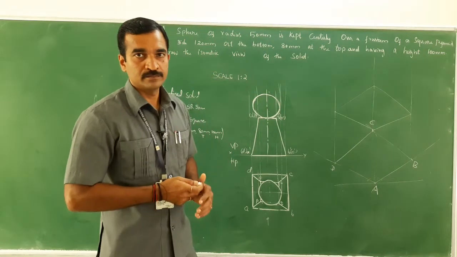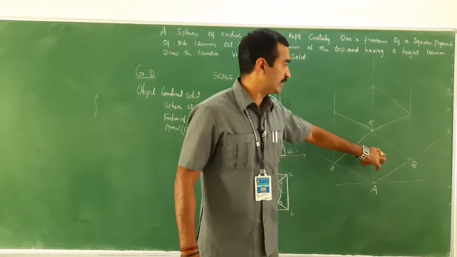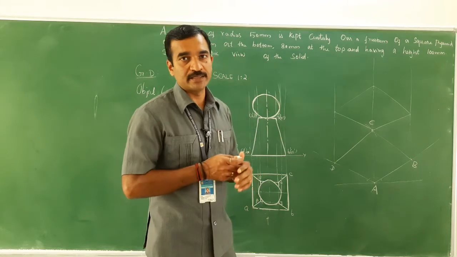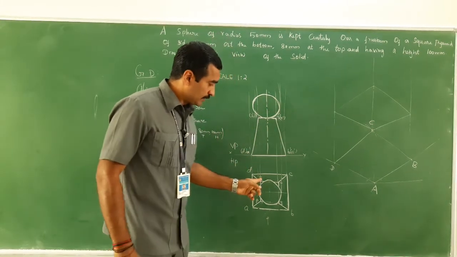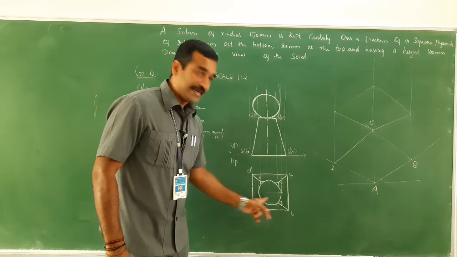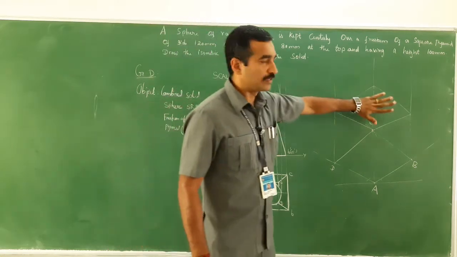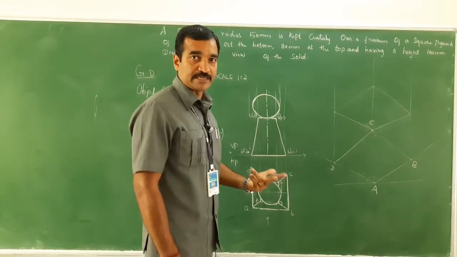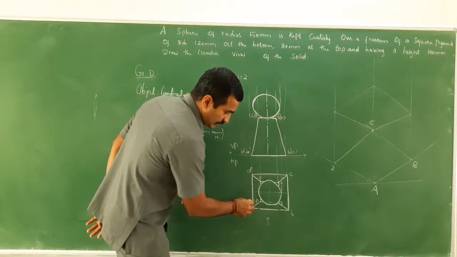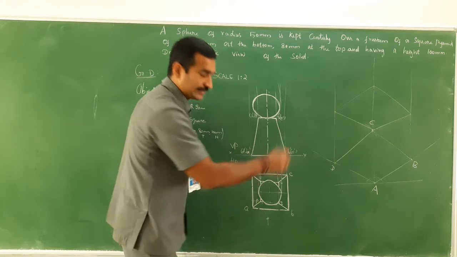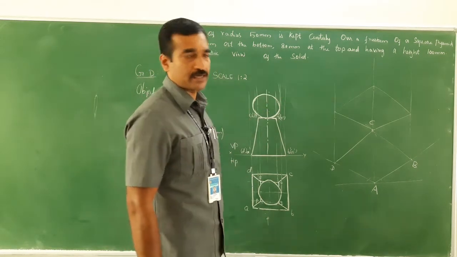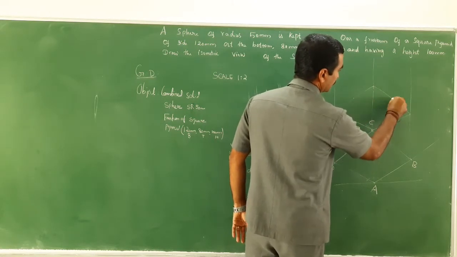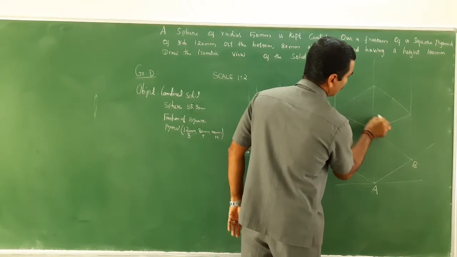Clear? So, now the box has been constructed, the base and the top. There is a bottom base and the top base has been constructed. Now look at here. The square of 80 mm should come here. How is that possible? A couple of methods can be followed. You can extend here and draw the same thing there, or just find the midpoints here and connect them.